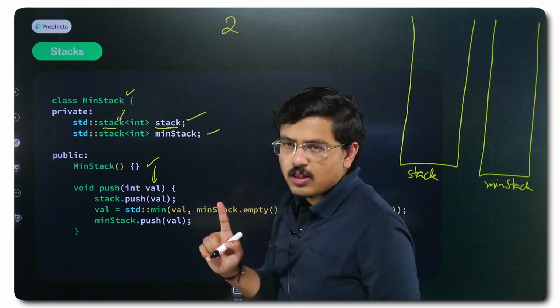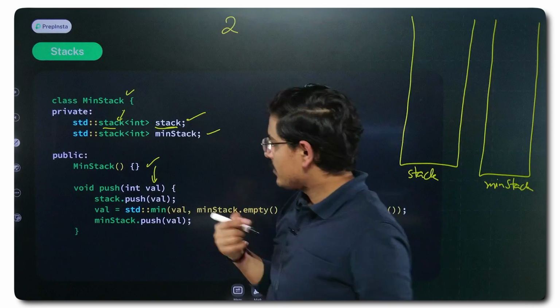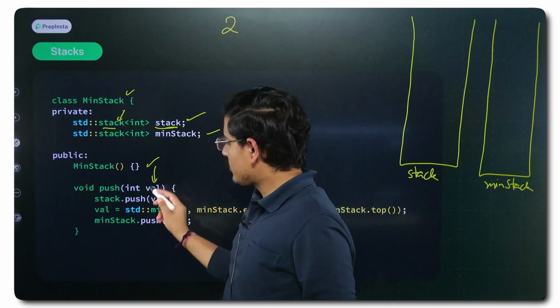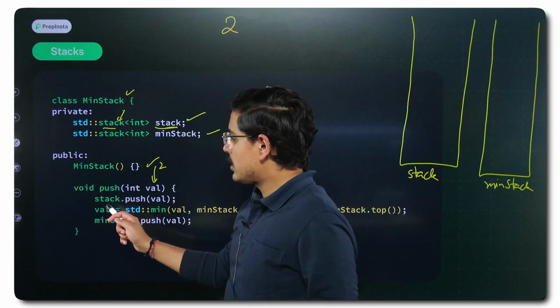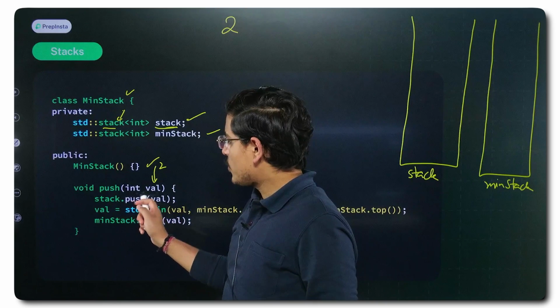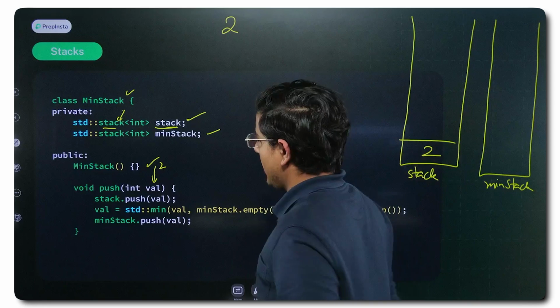So the first thing that you do in the push function that we are creating is that if I have this 2 as the value, fine, 2 is passed here as a parameter. First thing you do is you push this value in the stack. See here, I push it here, as simple as that. Then